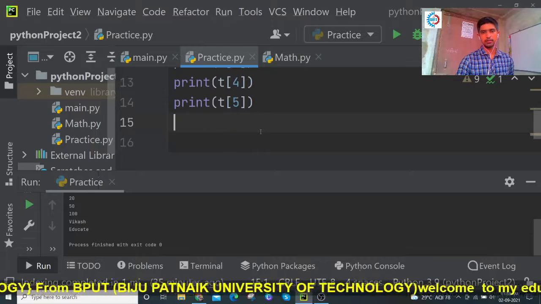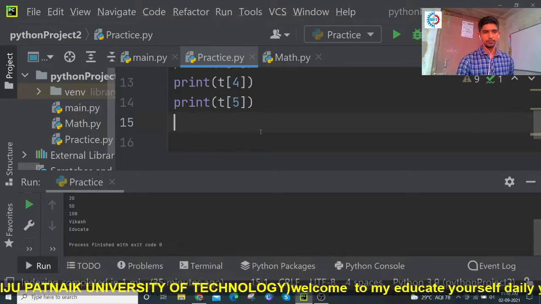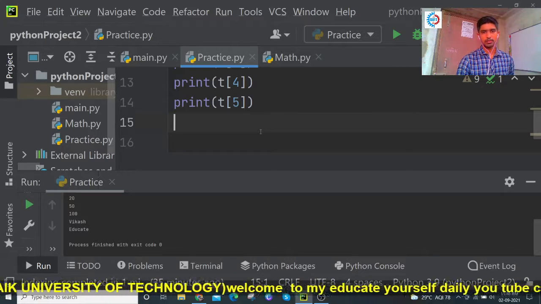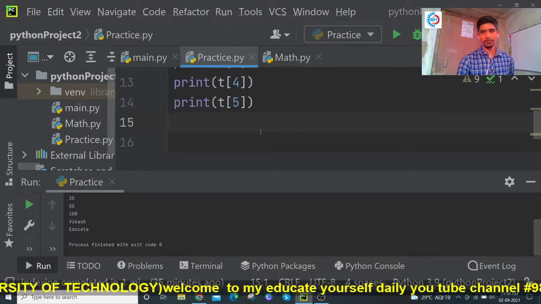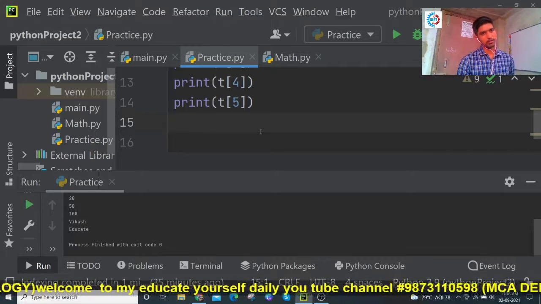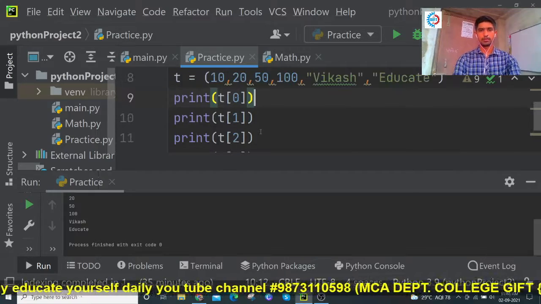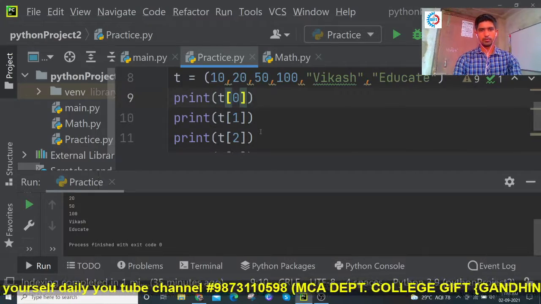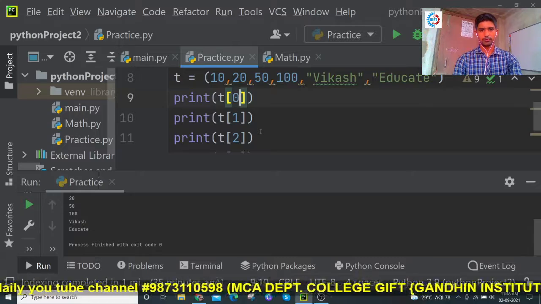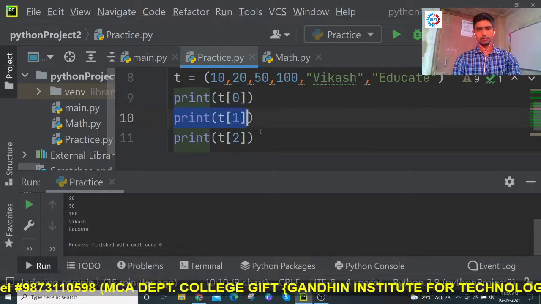Similarly, just as I was accessing in my list data type, I will access here also like that. So I will change only this.